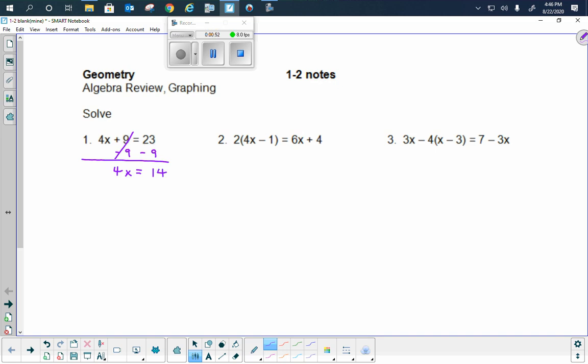And then this means right here, 4 times x, right? So if I'm trying to get rid of 4 times x, I need to do the opposite operation. So I need to divide by 4. Remember, we write division this way. So over 4, over 4. Those now cancel, the 4's, leaving you with just the x equals. And then let's talk about